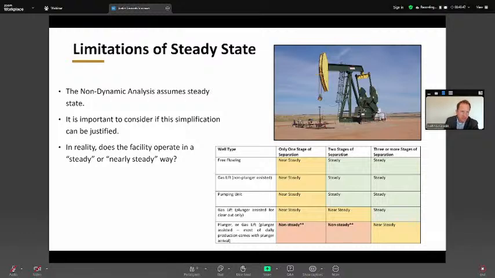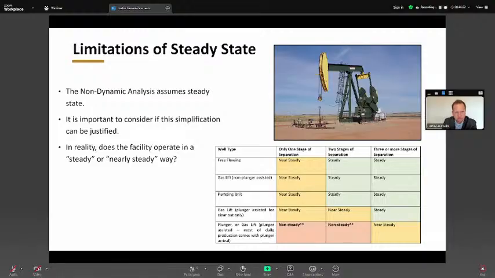And so you can kind of look at this chart here where you've got different types of wells: free-flowing, gas lift, plunger lift, and then the stages of separation. And we really want to be operating in the green in terms of how we model, but we can, with some conservative inputs, model the yellow. We want it to be near steady or steady. But then you look at non-steady operations, so limited stages of separation, highly dynamic fluid loading from your well, and you really can't look at it from a non-dynamic basis. You need to actually do a dynamic